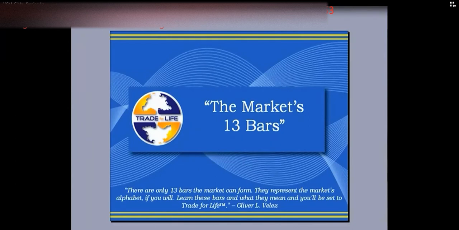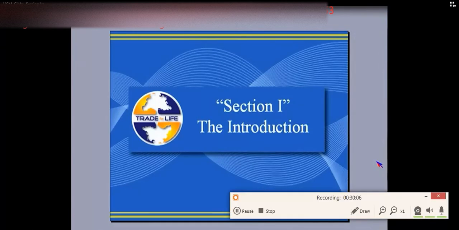Now, trading the market does not have to be that difficult to learn the words or the notes. Putting it all together is where you're going to find it to be a challenge. But understanding the building blocks can really be this simple: there are only 13 bars that the market makes. Those of you that don't know me,